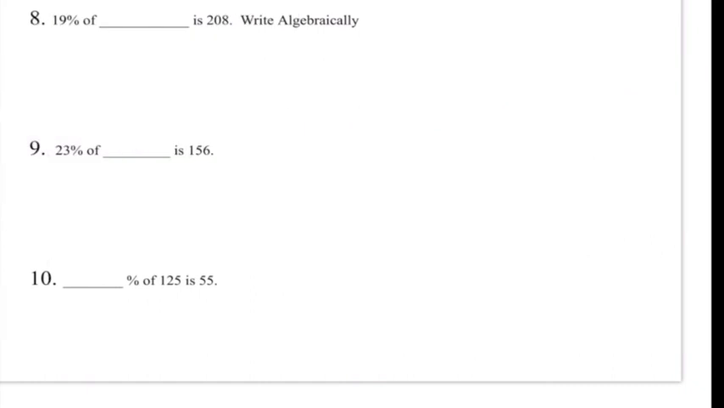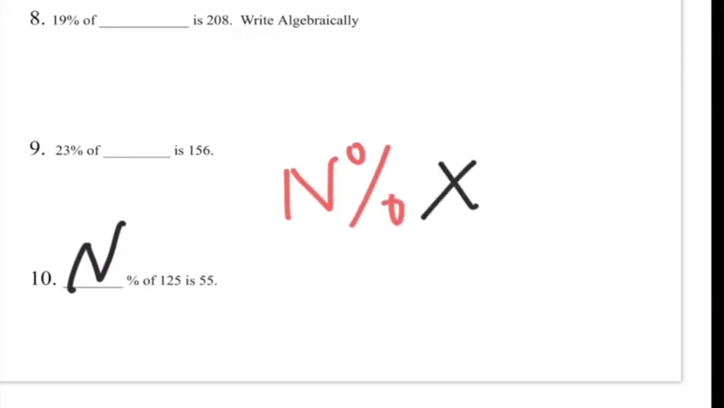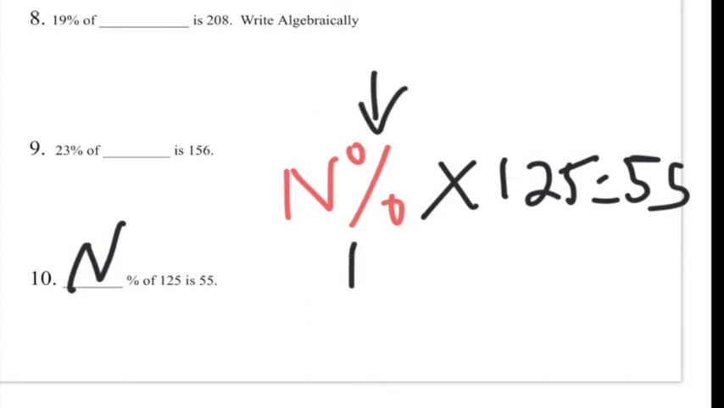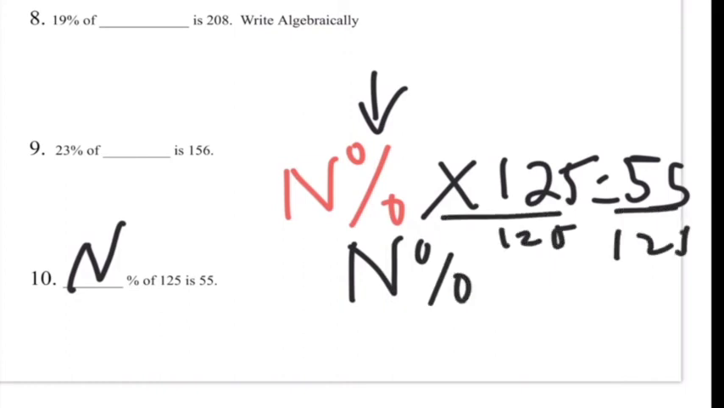Next, this is a little bit different, so it's n%. So we got to find the percent: n% of 125 is 55. Same thing. N, we don't know what it is, it's a percent. So n% of 125 equals 55. So what we want to do is we have to get rid of the 125 because we have n%. Now you have to be a little bit careful because it's percent. So it's n percent. We divide by 125, divide by 125. This is going to equal 55 divided by 125 equals